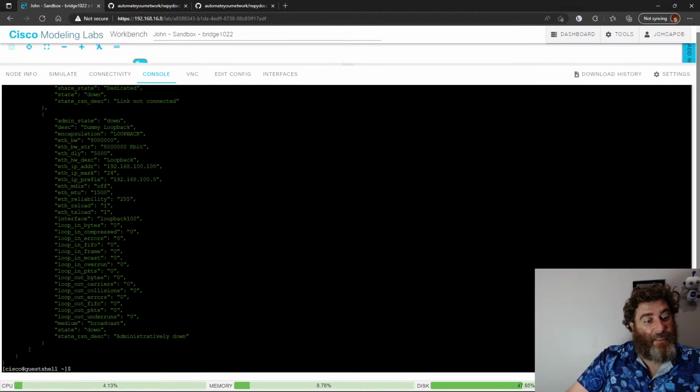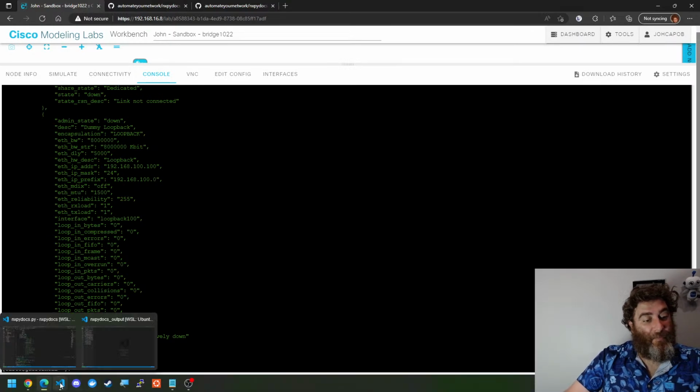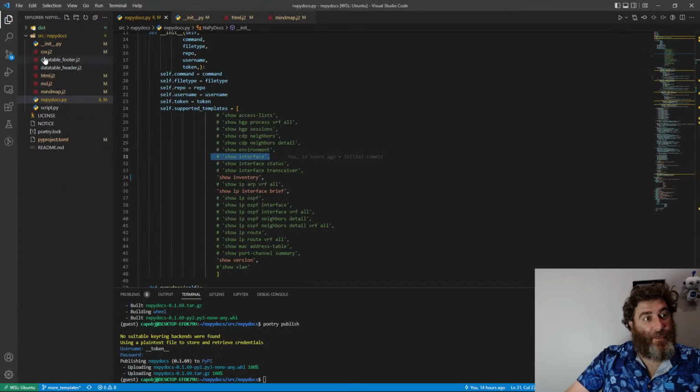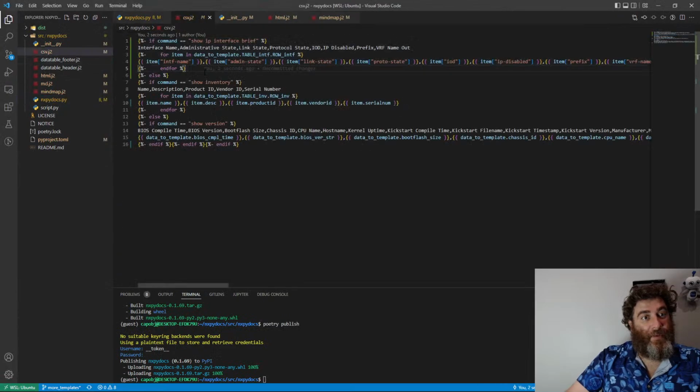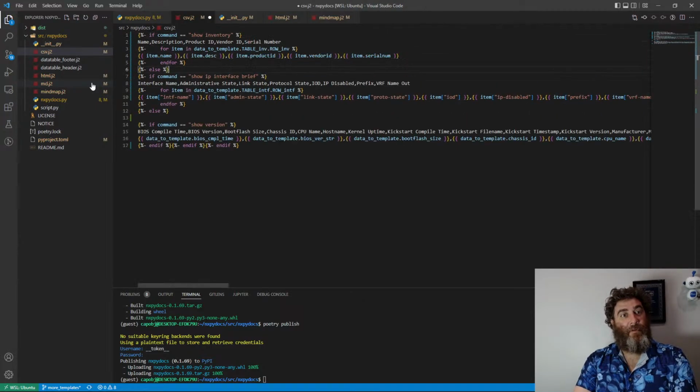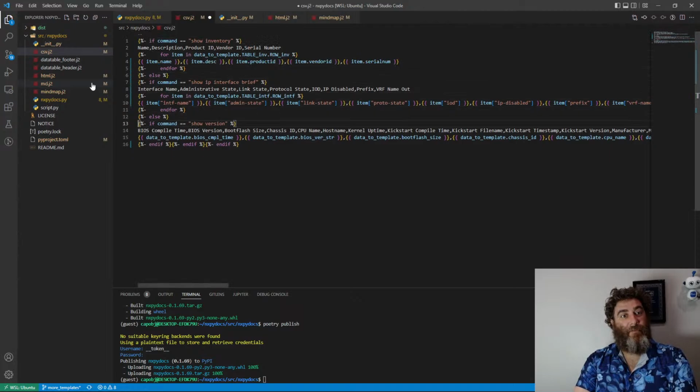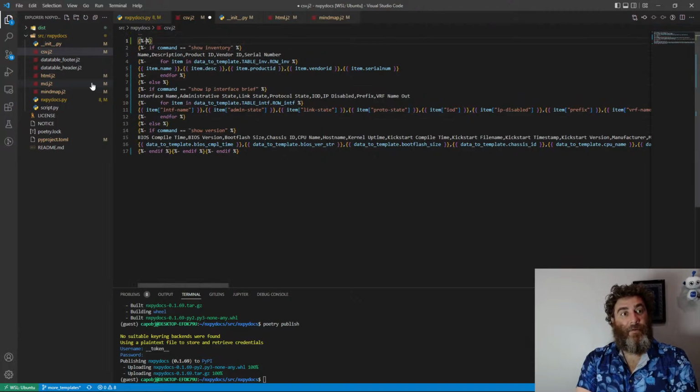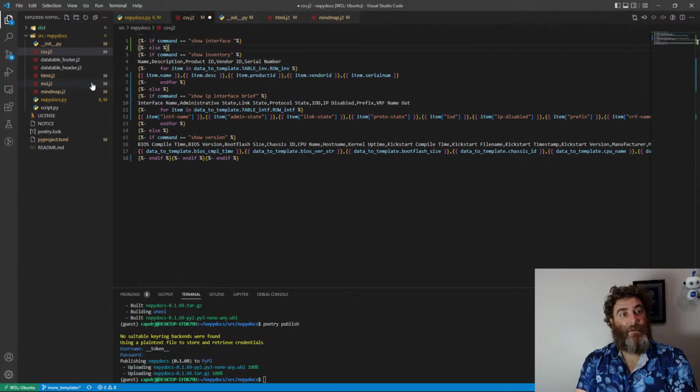Okay, so look at all these fields we have per interface. This is going to make a wonderful, wonderful CSV file. Now this is going to take me a little bit to template, but if you bear with me here, what we're going to do is go into CSV, and we're going to try to keep these in alphabetical order, LMNOP. So technically show inventory should be above show IP interface brief. And we're going to add if command equals show interface else,